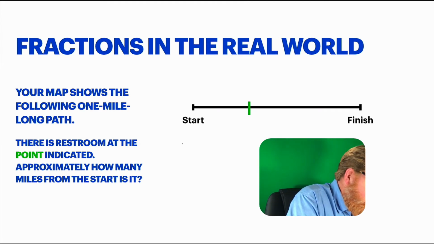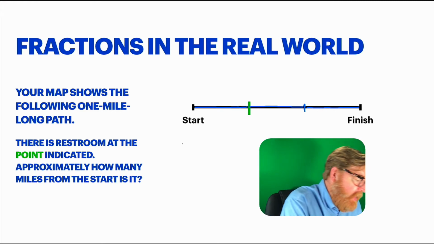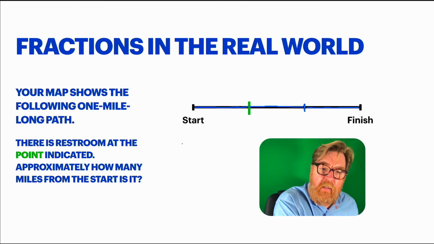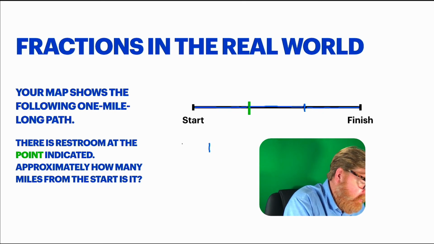Interesting here. What if we use this as one piece? And then here's another one of them, 2, and then that would make 3. Does that sound reasonable, that to the bathroom it looks like it's 1/3 of the path? So it looks like 1/3